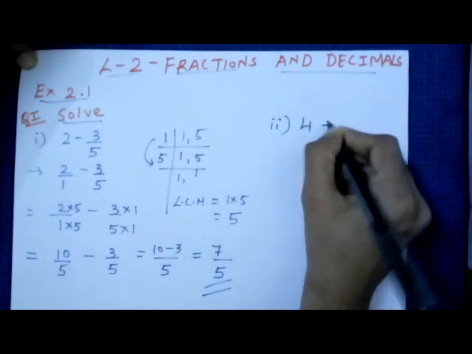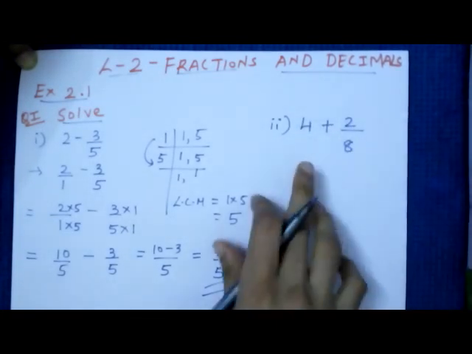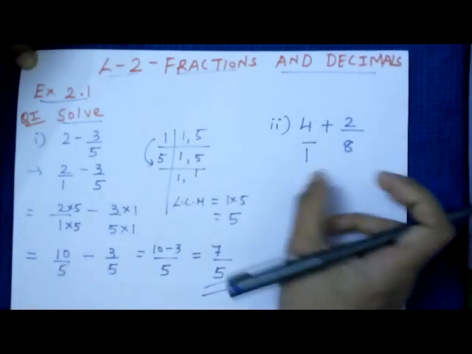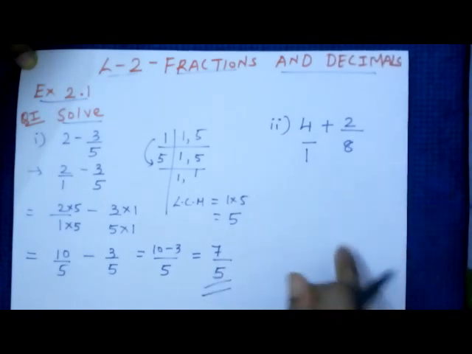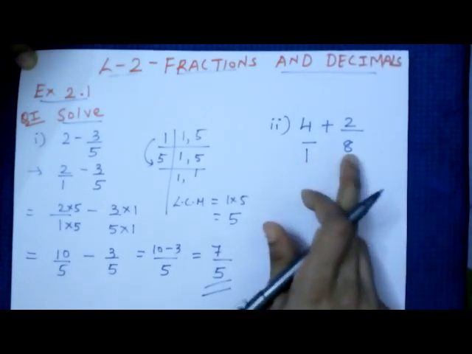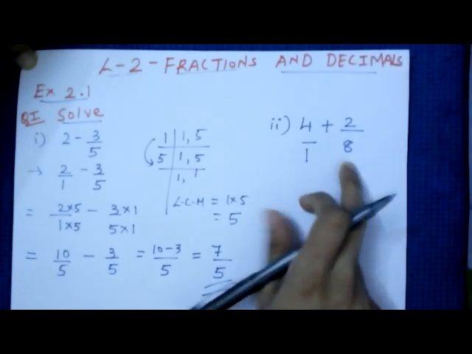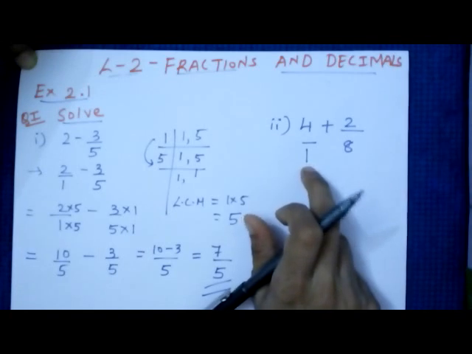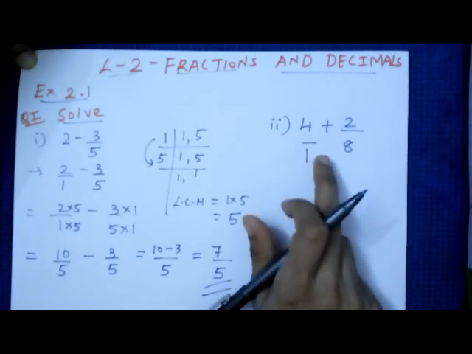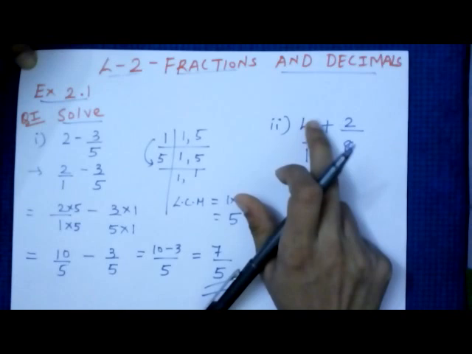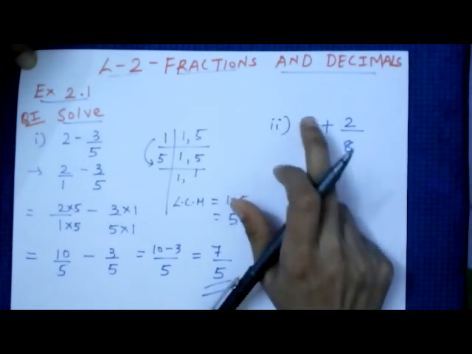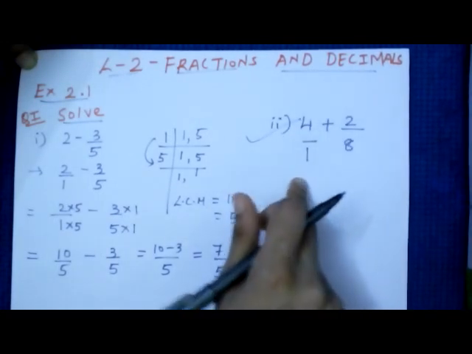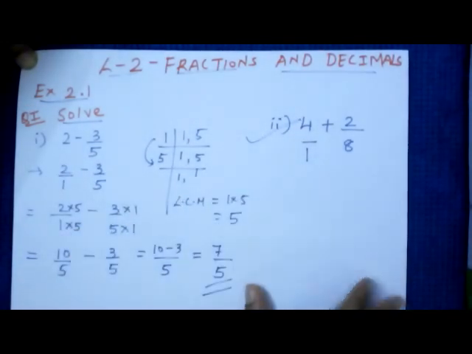is 4 plus 2 upon 8. Now the second one is also of the same format. You just need to take upon 1, and then again the LCM of 1 and 8 will be 8. So here 8 is already there. This fraction you will multiply with 8 because we want 8 in the denominator. So 1 eights will be 8 and here 8 fours will be 32. This part will change, 32. So this second one, you will try yourself because it is the same as the first one.